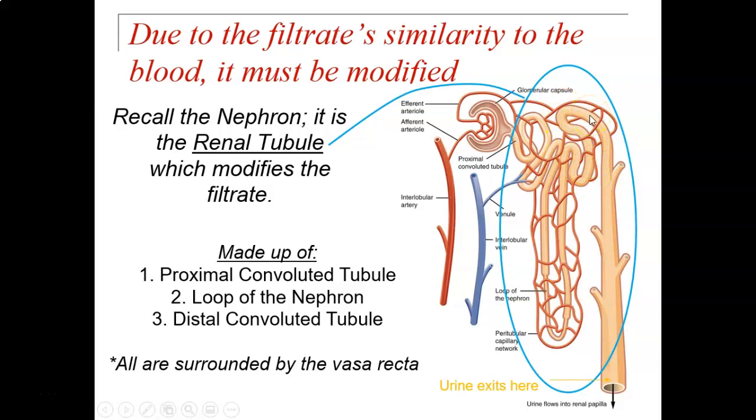We're going to break each one of those apart in just a minute, because depending on what you are, whether you are glucose, amino acid, sodium, potassium, water,